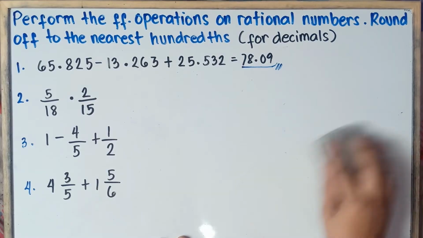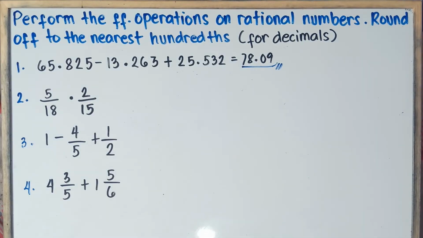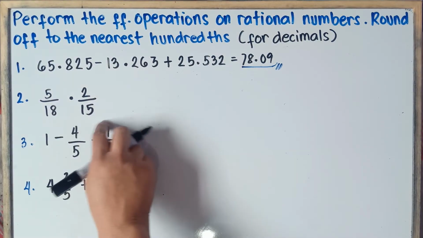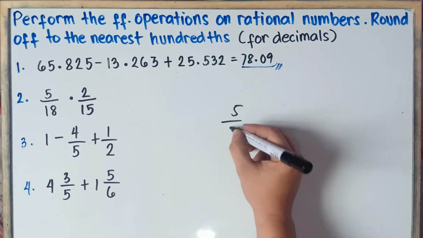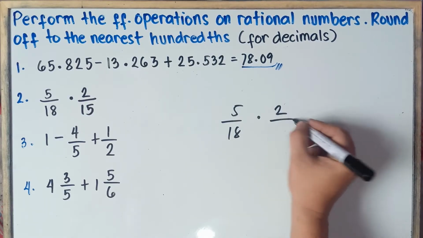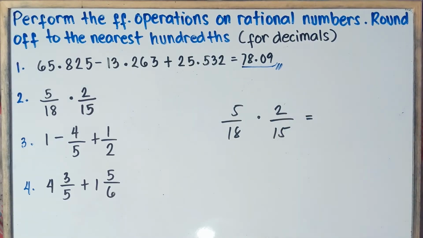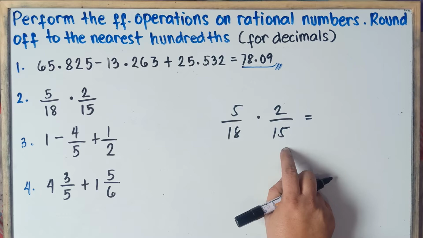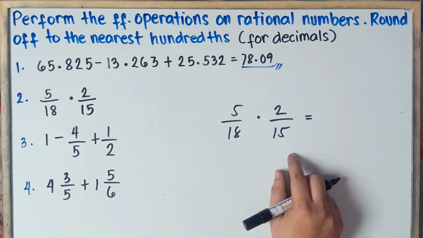Alright, so let's have example number 2. Multiplying fractions. So, to multiply fractions, class, simply multiply the numerators and then simply multiply the denominators. So, 5 over 18 times 2 over 15. So, once again, class, if you multiply the denominators, 18 times 15, these are large numbers, class. That's why, class, you need to see the video in multiplying fractions because we do have a shortcut method for that on how to multiply fractions.